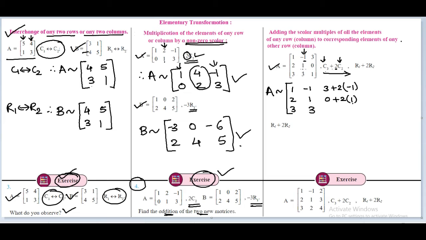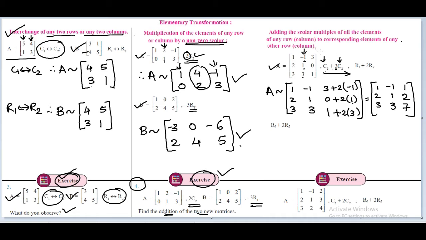This one is the element of second column. Okay. And what is the third one? Third element of column 3, that is 1 plus 2 into what is the element of column 2? That is 3. So what will be our new matrix? New matrix will be 1, 2, 3, -1, 1, 3. It will be 3 minus 2, that is 1. It will be 2 on the 2 and it will be 6 plus 1, that is 7.